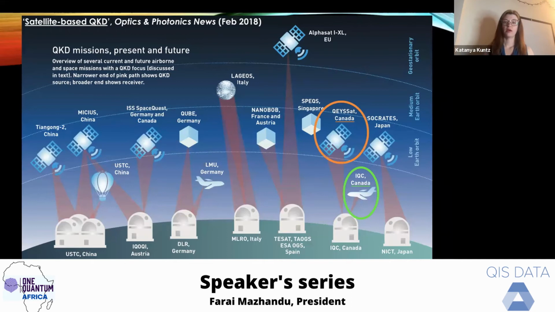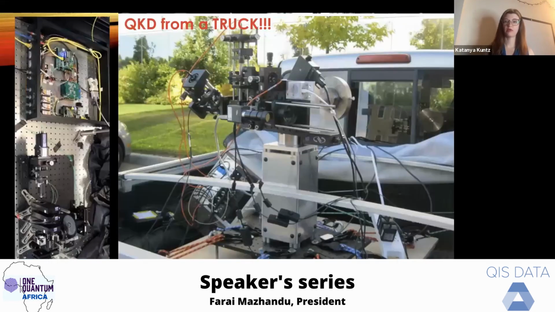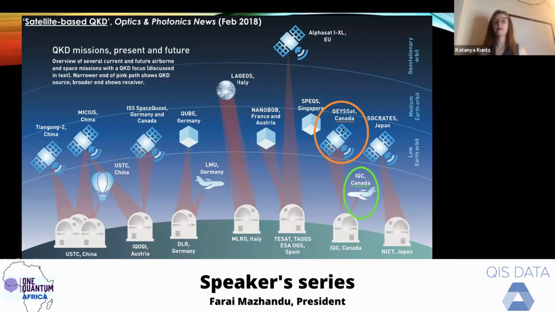So I'm going to go through the mission, but just really quick, in our case, for example, we've got our sources on the ground. So we have Alice on the ground, we have Bob on the satellite. So if we wanted to exchange a key between Calgary and Waterloo, which is very possible, it's one of the things we will be doing, because there is going to be a ground station in Calgary, and one of the main ground stations at IQC in Waterloo. So what will happen is there'll be a flyover, and the Keysat will first link with Calgary, for example.